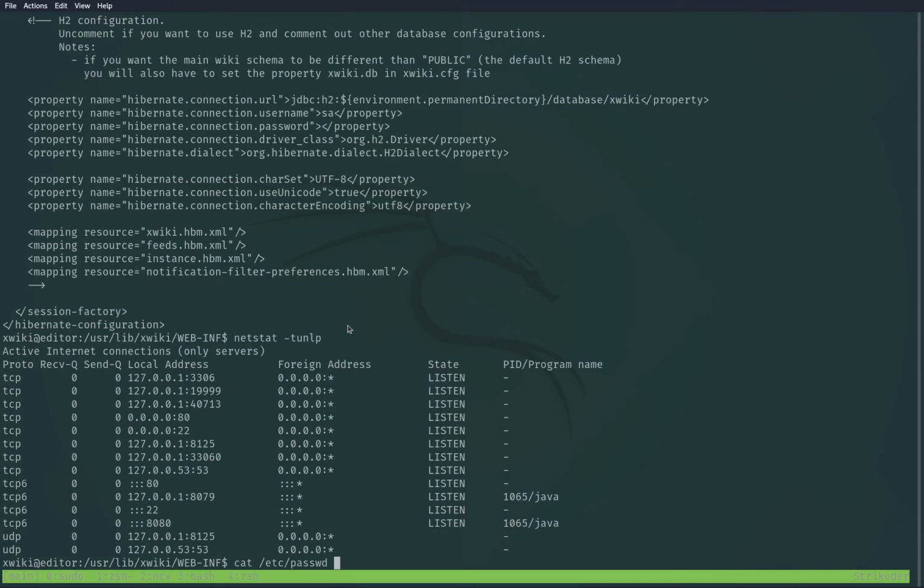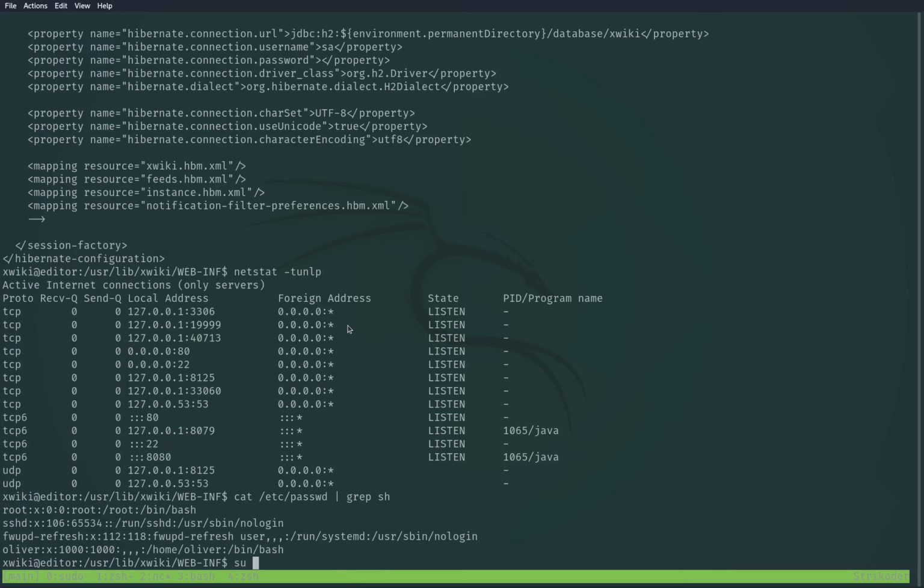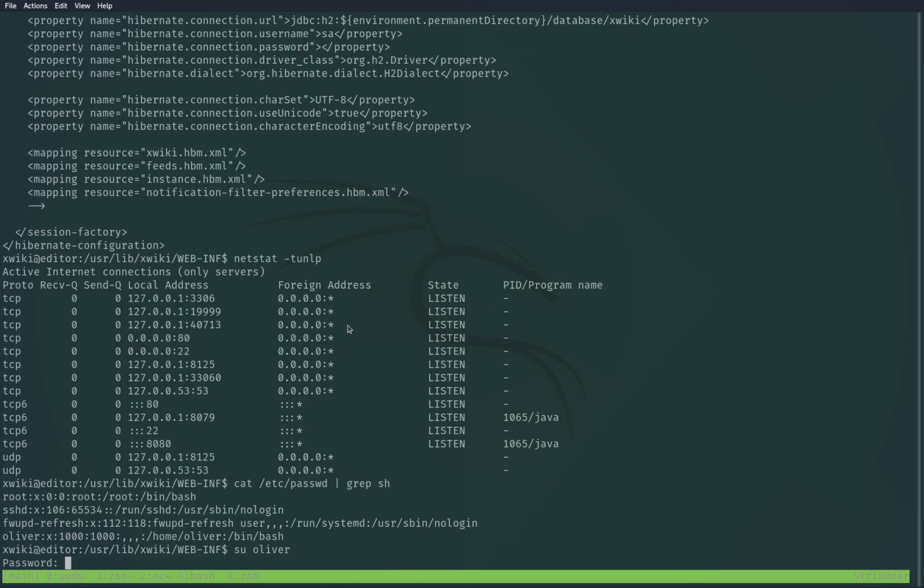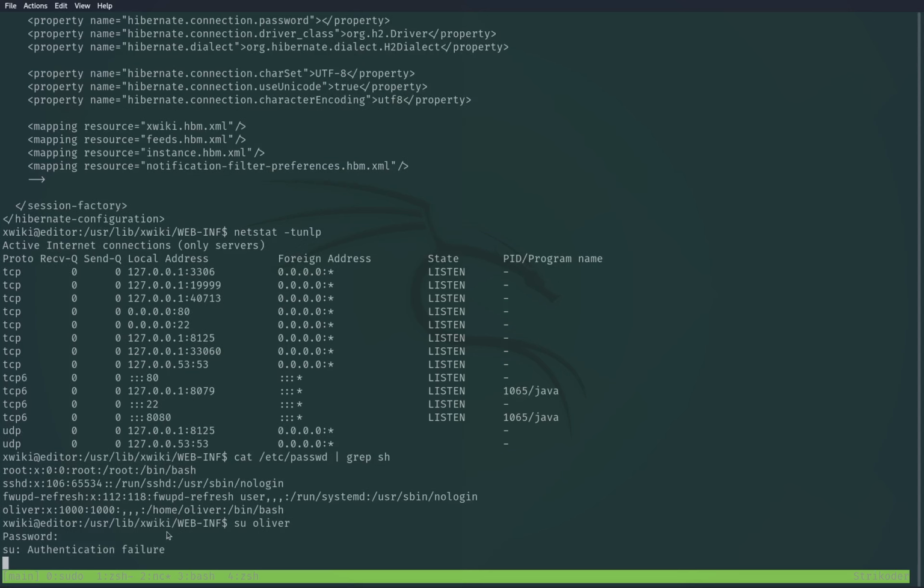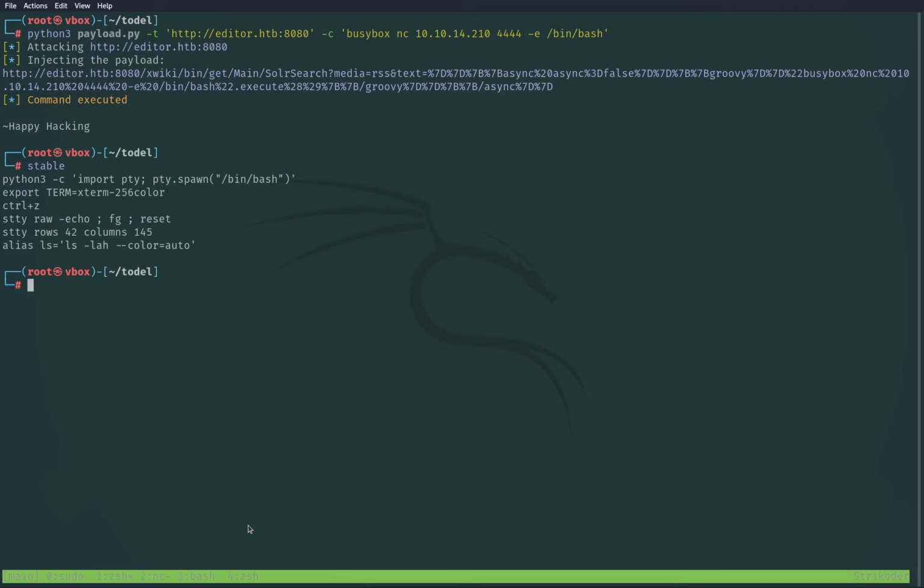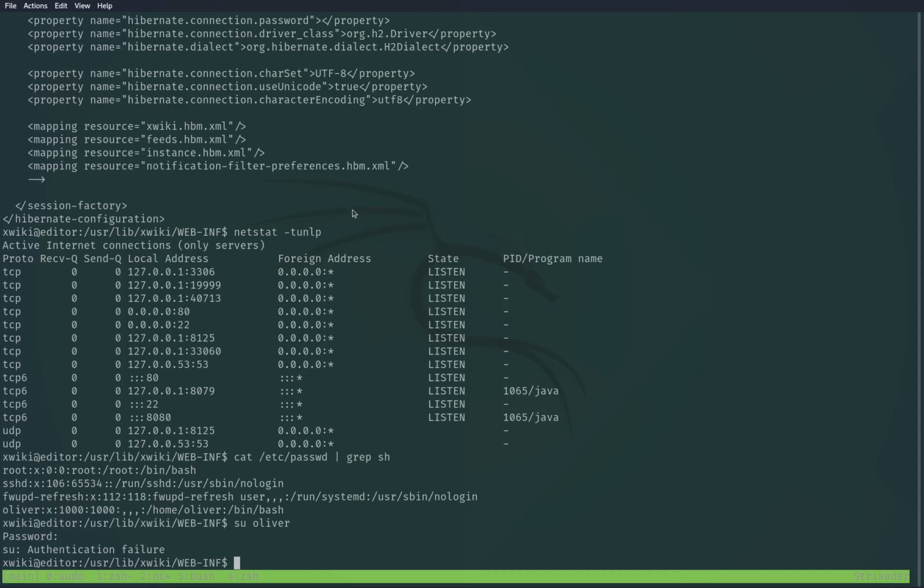Etc password, grep sh. So switch to Oliver. If that's not gonna work, then I'm gonna try. Okay, that didn't work. Let me check. So no. What can we go? Where do we go from now? So I'm trying to think with